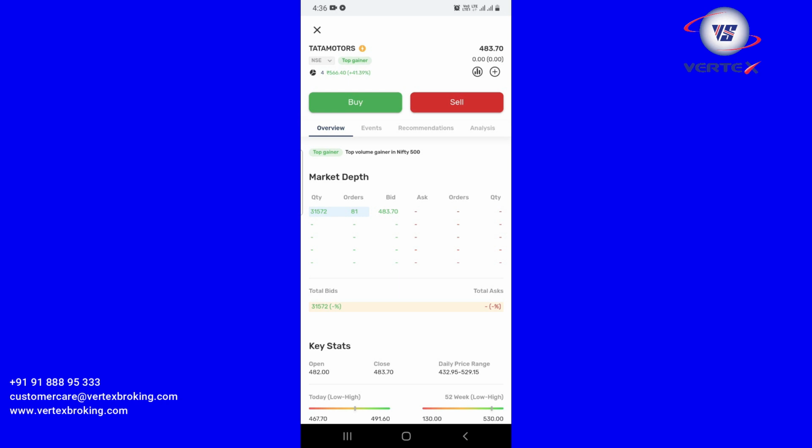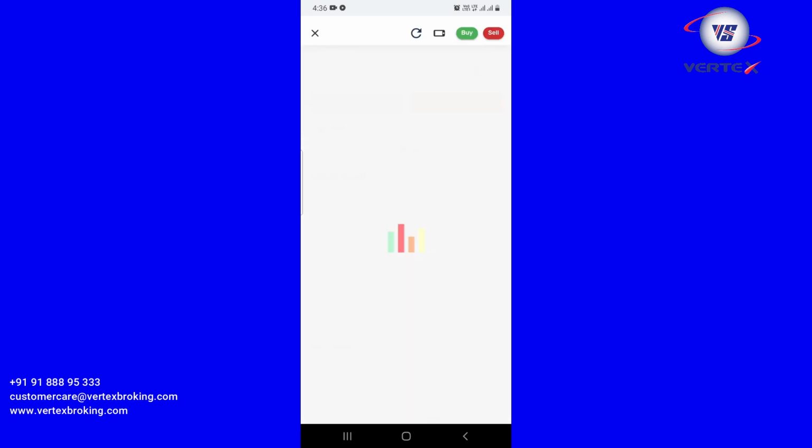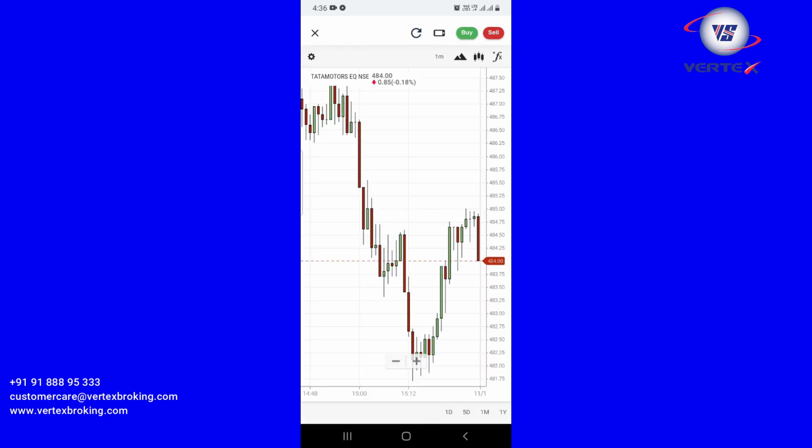The particular script trading chart will be available above the sell button. Once you click, the chart window will open. You can zoom as you are comfortable. At the top of the chart, a toolbar is available. First one is period. Once you click, you can see the period 1 day, 1 week, 1 month, 1 year historical charts and 1 minute to 4 hours intraday chart.